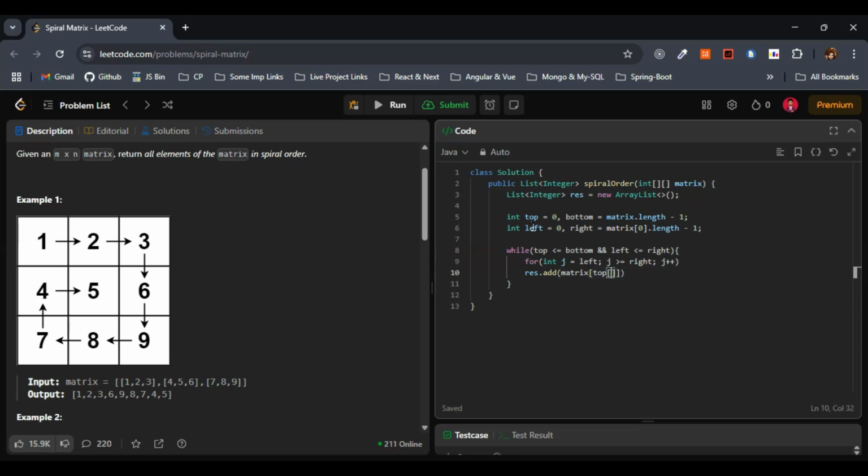So did I miss anything? Did I do anything wrong here? Matrix of top, this has to be, just give me a second here. So yeah, this top is different basically. This j is different. I got confused here. This is fine. Then let's move top down. Once let's increment the top here. This is fine. The next step here is